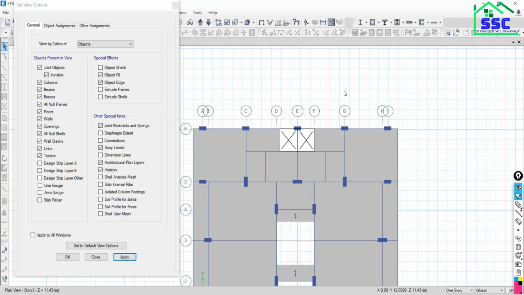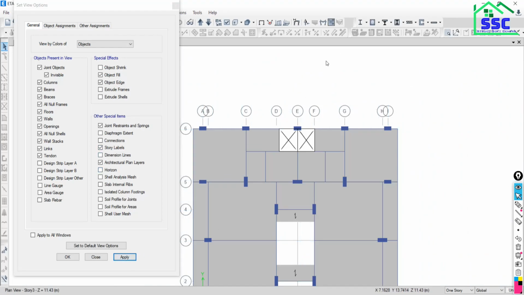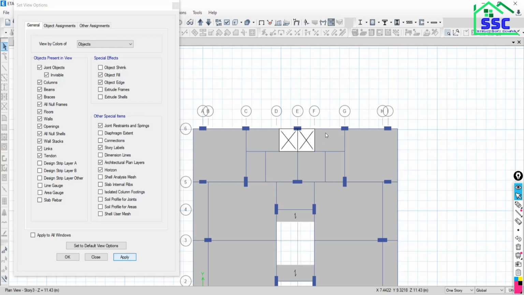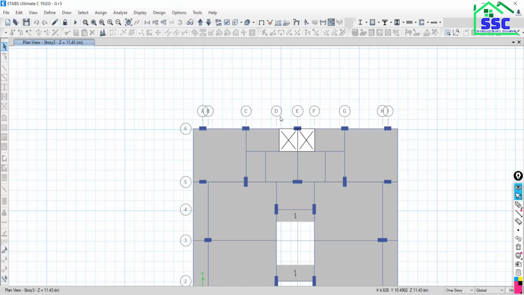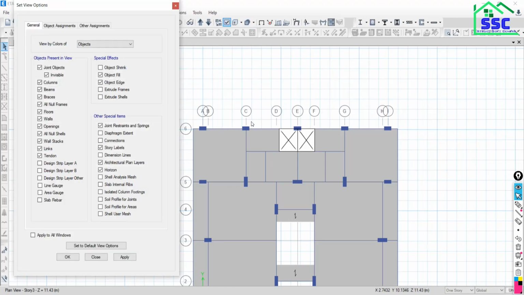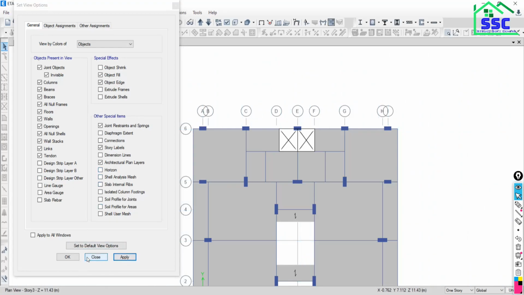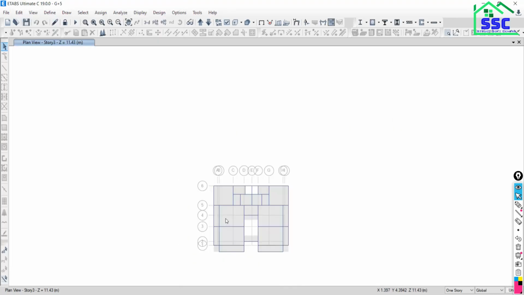If you want to keep them in view, you can keep them, otherwise you can keep it off. Just uncheck this box, say apply, and all these things will be removed. Again when you click over this and say apply, all the background grids will be available here. Is that clear? This is removal or appearance of background grids. Now the second thing: here I'm not interested in keeping the horizon in view, so uncheck this horizon, say apply. Now just close this.